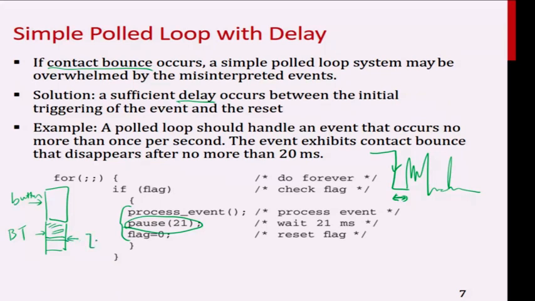If this check here is only trying to check whenever my button value goes low, it could miss the entire button press altogether, because when the person presses the button, the signal goes low, transitions for a while, and then once you release the button, it will go up, correct? So in most cases, when I press, I activate, and when I release, it goes back to the reset default state. So if this time period